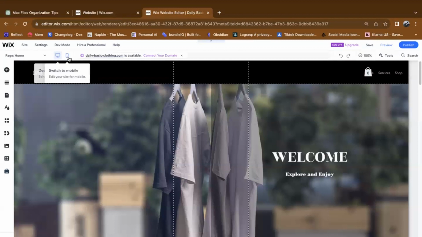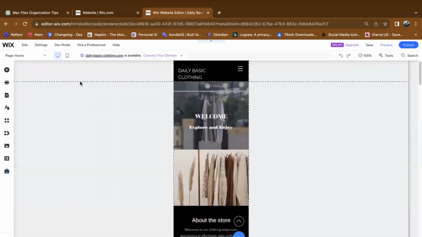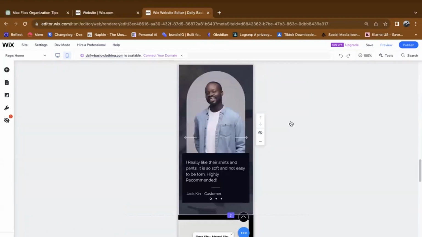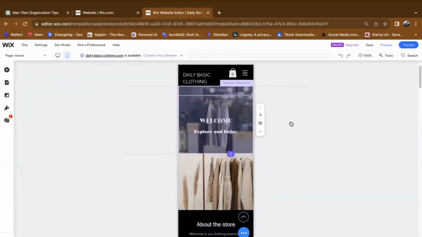As easy as that, you can now see how your website adapts to smaller screens and how it will appear to mobile users. This allows you to make necessary adjustments and ensure your website looks great on both desktop and mobile